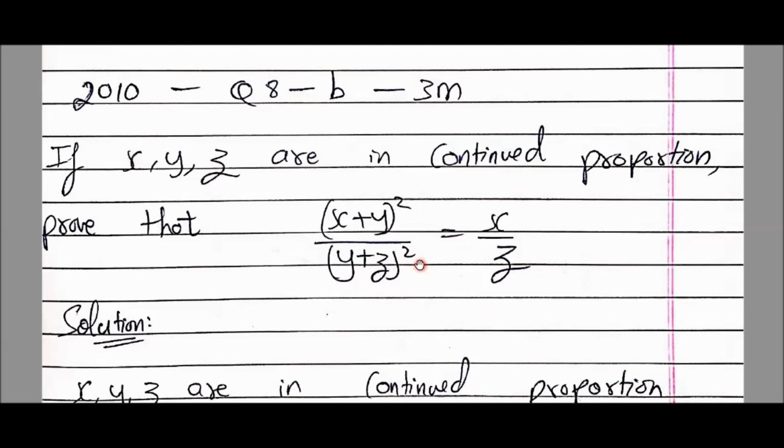So we'll start with the left hand side, then we'll get an answer, then we'll proceed with the right hand side, then we'll get an answer, and we'll say both are equal. Before starting that, let's start with the k method.